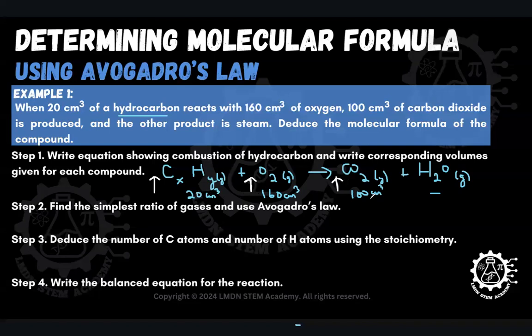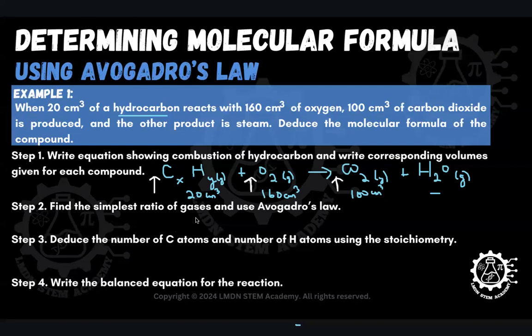But what we need to determine is what ratios they are in with each other. We can see that this is a nice little setup here where these numbers are all multiples of 20. So if we take 20 as our base number, we can divide through all of these by 20 to get the ratio. So if I divide this one by 20, if I divide the 20 by 20,